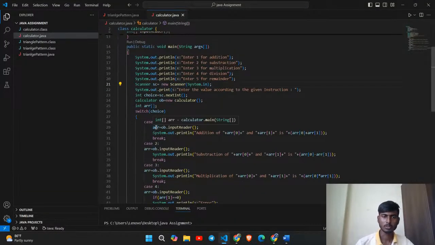First we are initializing the size of the array using this input reader. Then we are trying to access the value of this array. Here we are trying to access the value of the array, but before that we are initializing the size of the array when we call this input reader. Means it is okay. But if we write like this,